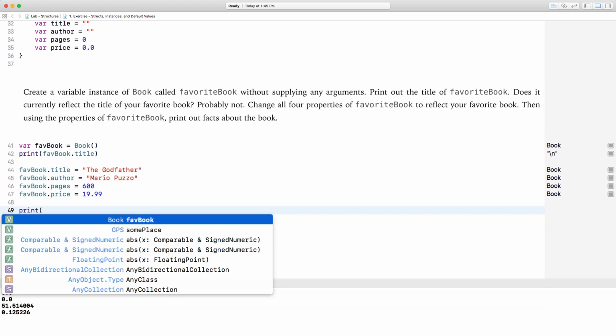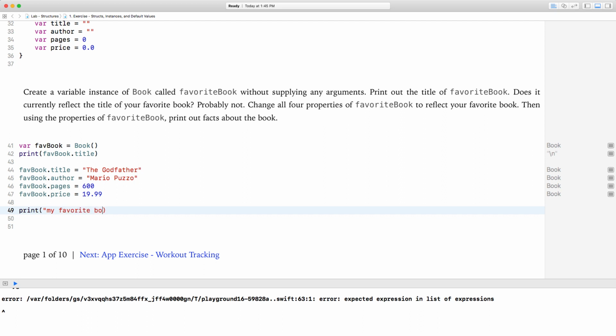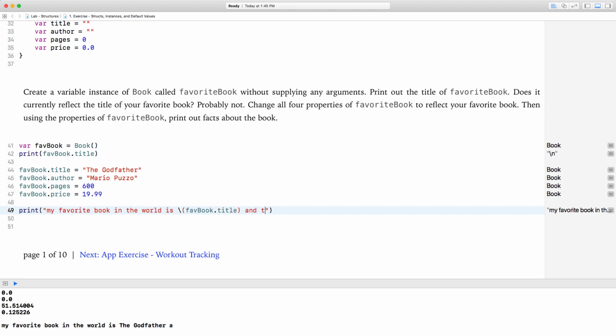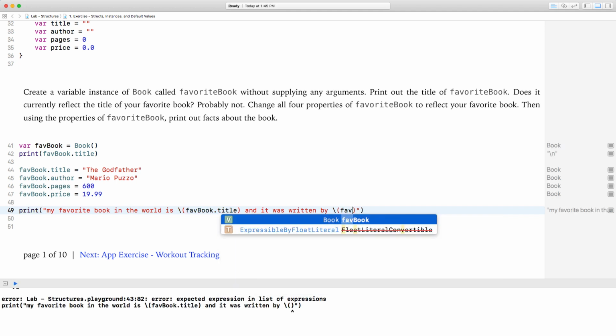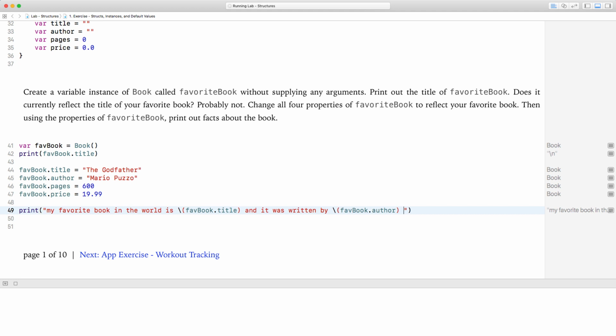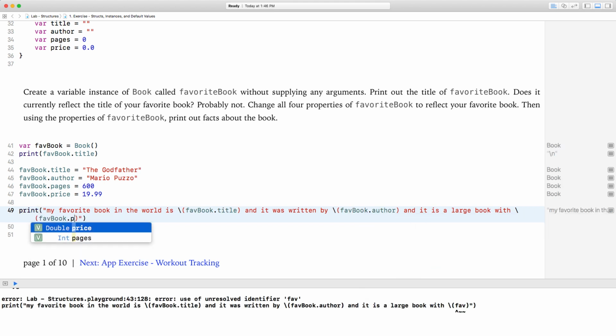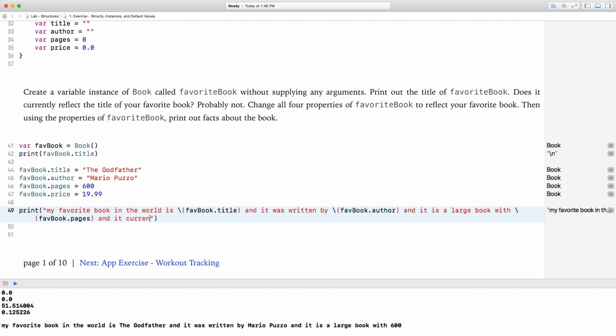So that's pretty easy. Print "My favorite book in the world is", and we're going to use string interpolation here, favbook.title, "and it was written by", favbook.author, "and it is a large book with", the amount of pages here, favbook.pages, "and it currently runs for", I'm just making this up obviously,